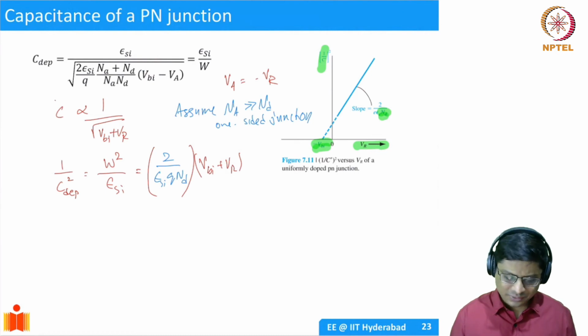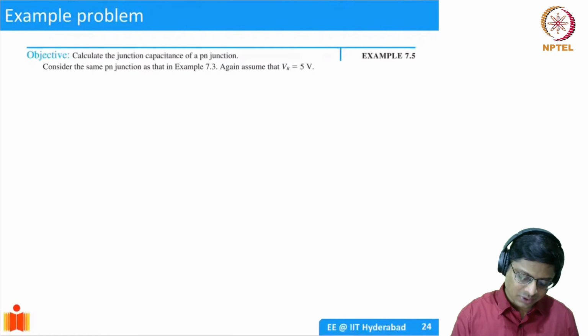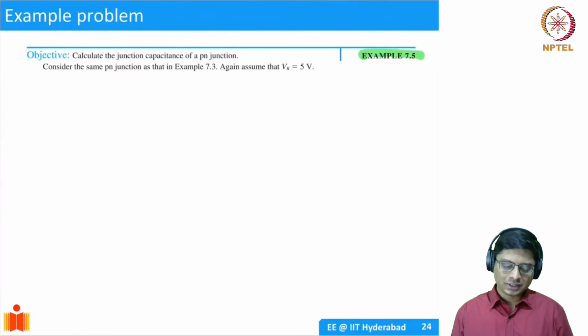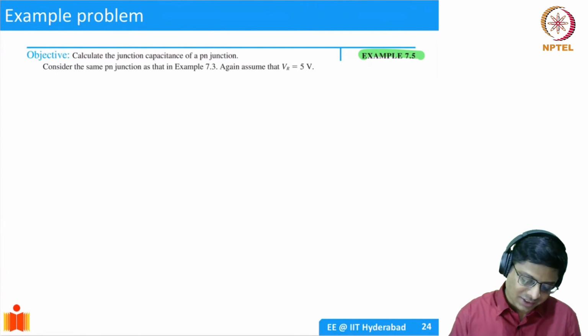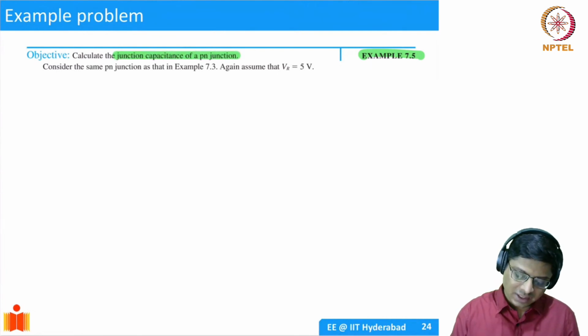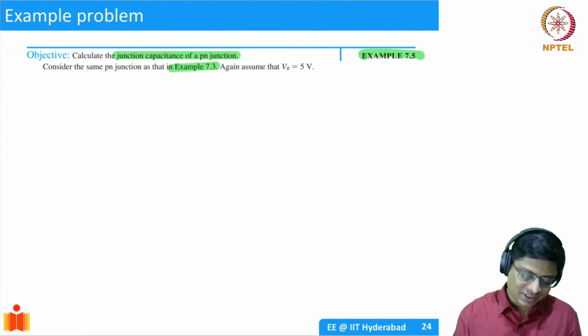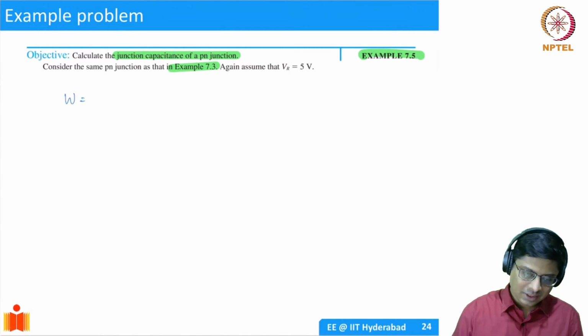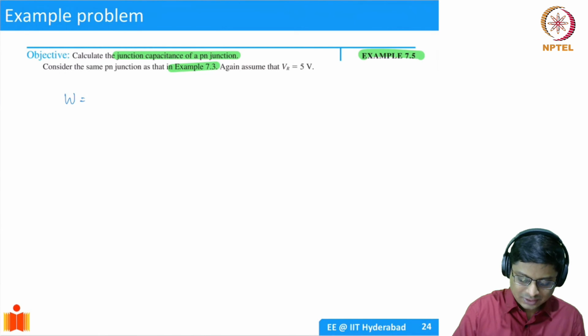So let's take a few numbers and see what it is. This is again a problem from the textbook, 7.5. You can go back and verify the solution as well. You're asked to calculate the junction capacitance for a PN junction. All the parameters are not given, but they're all from another example. So if you're asked to calculate the junction capacitance, the first thing you would do is find the width of the depletion region. And that is going to be 2 epsilon silicon